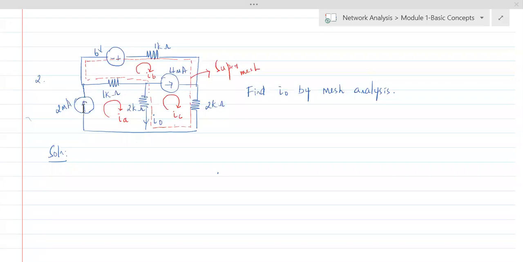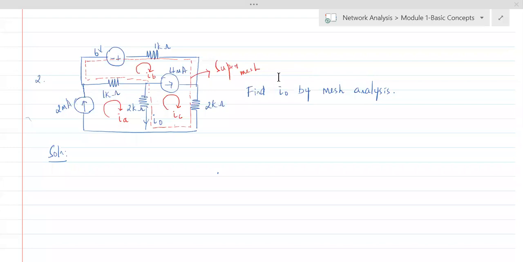Understand that? Now, since there is a current source belonging to mesh 1, we can easily say IA is 2 milliamperes. Fine. Since we know IA, we will not be applying KVL to this. And we are combining mesh 2 and 3 as a super mesh because there is a current source in between mesh 2 and mesh 3. So you will have just one KVL for this super mesh, but one KVL is not sufficient. Why? One KVL would be in terms of IA, IB, and IC after substitution of IA as 2 milliamperes. So one equation is not sufficient.